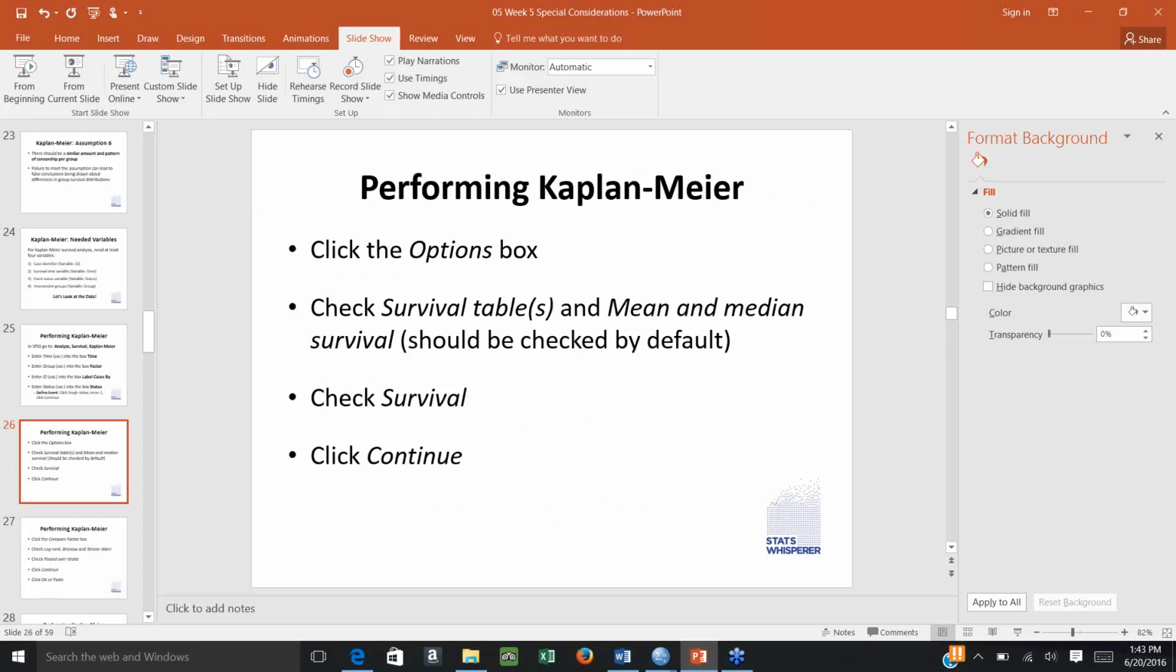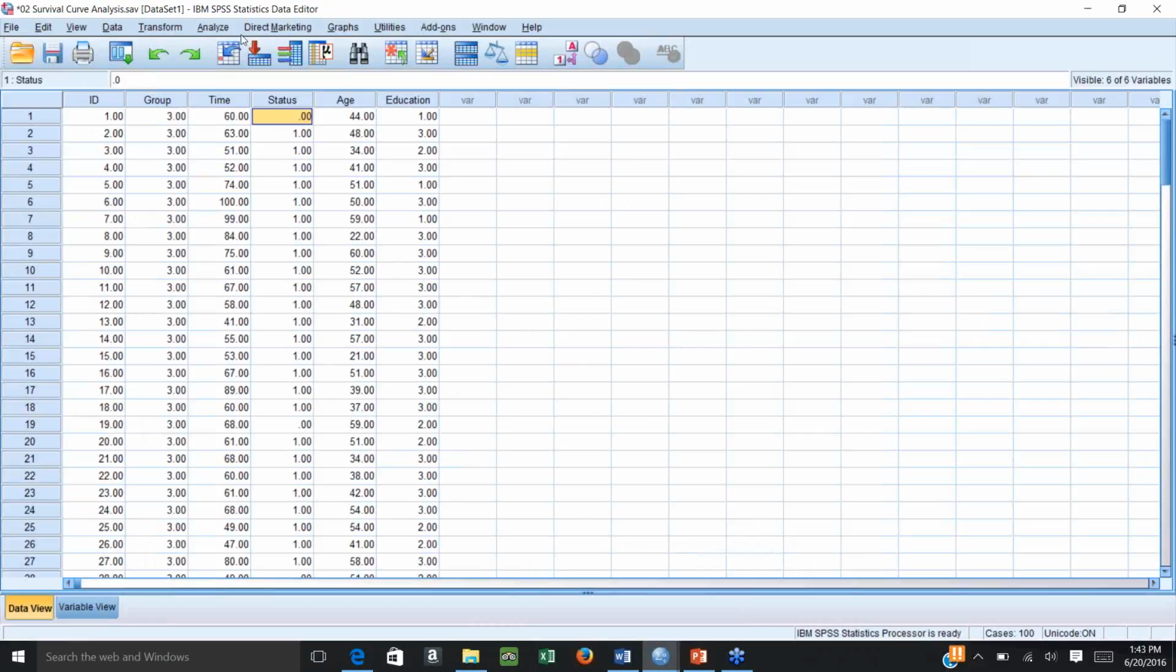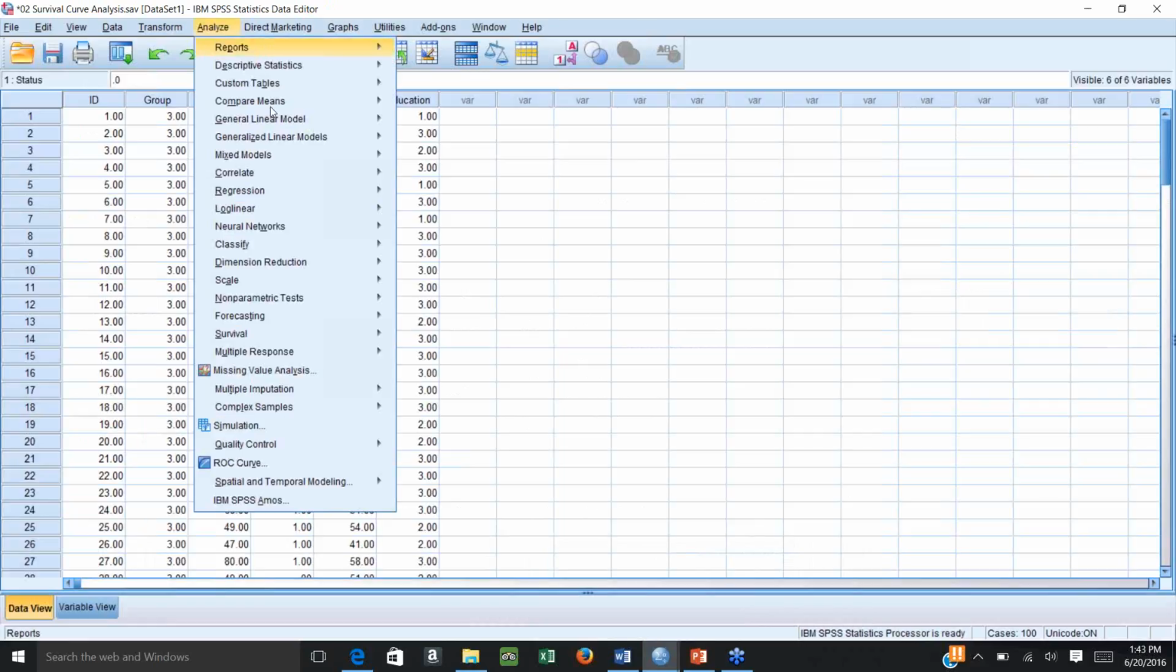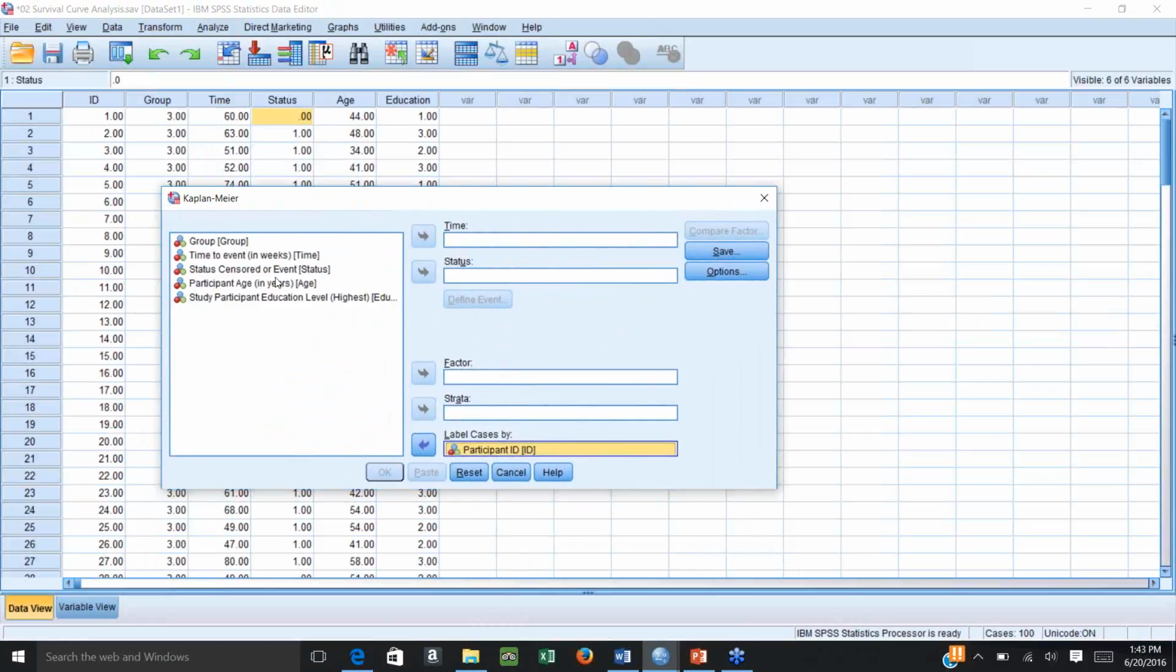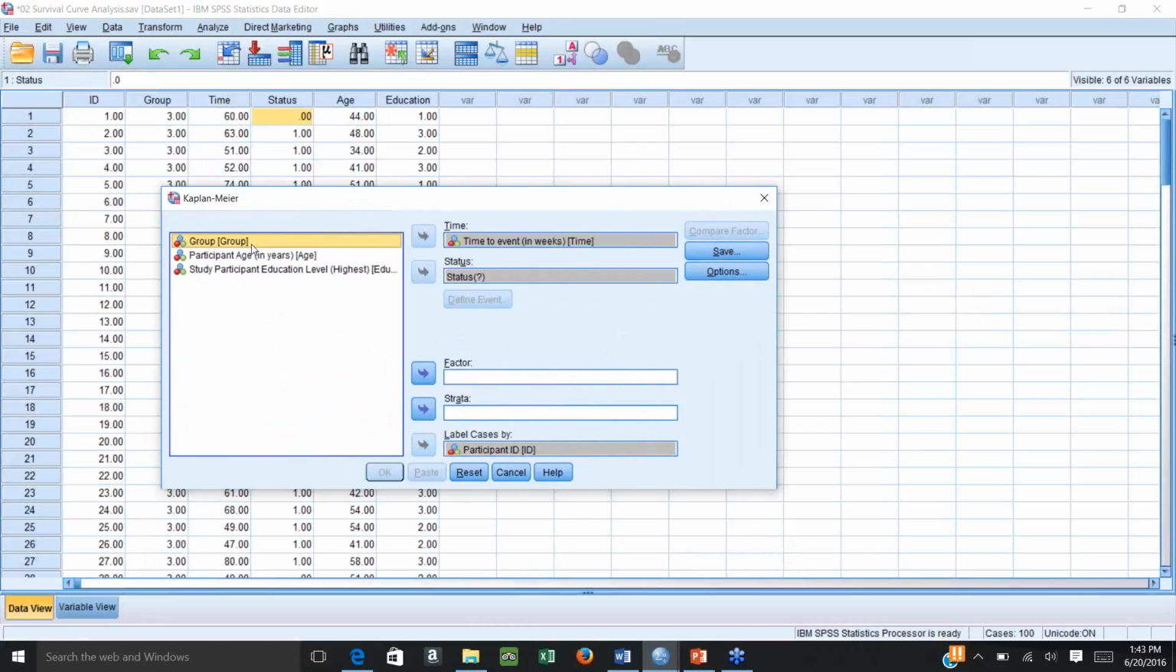So let's do that. Analyze, then we go down to survival, Kaplan-Meier. All right, now here we go. We take the participant ID, that goes into label cases by. We put the time, let's stretch that out a little so we can see. Time goes in time. Status, censored or the event, goes in status. And then group, that's where we're getting the curves for,